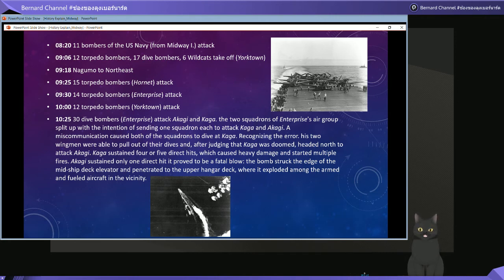Well, they sight the enemy carrier and start the attack, and they decide to do a split-up attack. This means they have some 30 planes and they decide to split 15 and 15: 15 for Kaga and 15 for Akagi. But the problem is